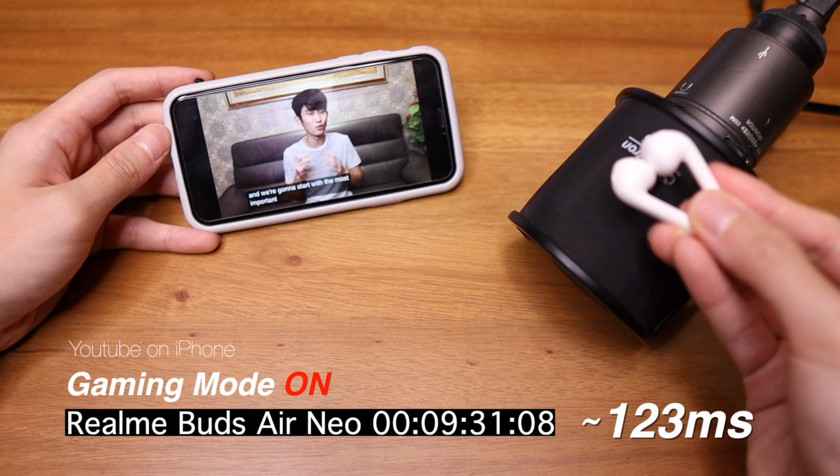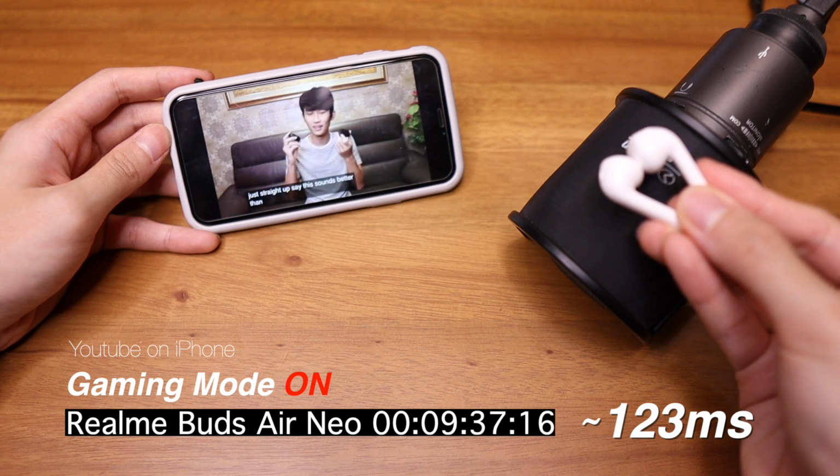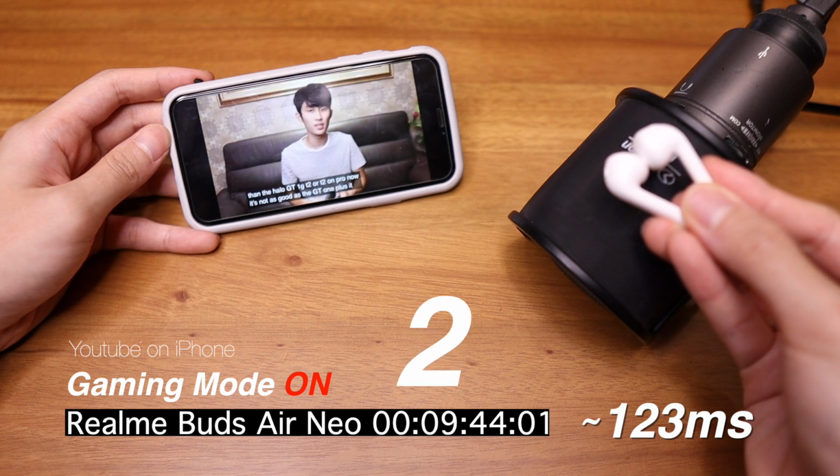And we're gonna start with the most important aspect, the sound quality. Let's just straight up say this sounds better than the Halo GT1, GT2, or GT1 Pro. It's not as good as the GT1 Plus, it still sounds